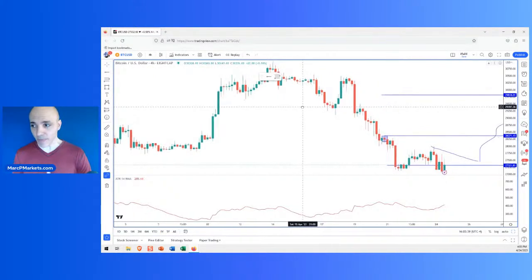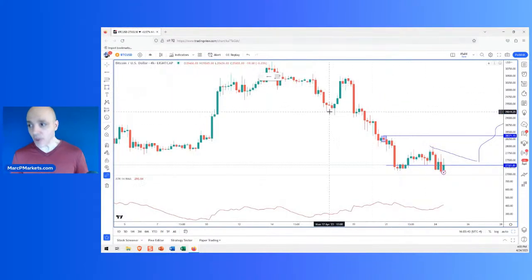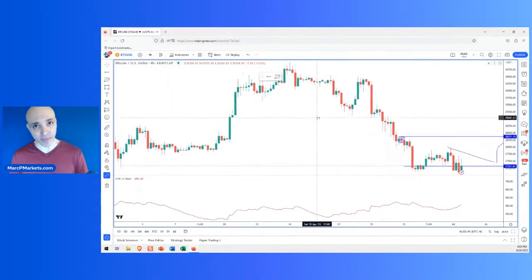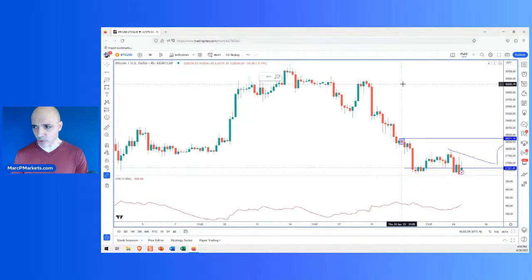Now, the first thing people usually ask me is, where do I put the take profit? How do I know how far it's going to go? You don't know. Markets are random. So I tell people right off the bat, you should be at 1.5 to 1 reward to risk right from the start. That's where you should be. Okay, so that's my ATR example. And like I said, it's all going to stem from your time frame, right? The 4 hour is not going to be the same as a daily.